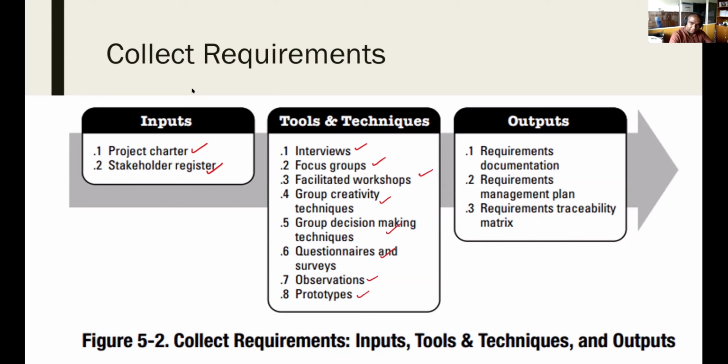So the output out of that is requirement documentation. You have to interview people, you have to study people, then you have to collect everything together. You have to maybe prepare questionnaires. You have to ask people, right? You don't have time to do each of these things. Somehow you should be able to develop a requirement documentation and requirement traceability matrix, which we will not discuss here, but it's there in the book, requirement management plan. It's there in the reference documents that I have provided you.